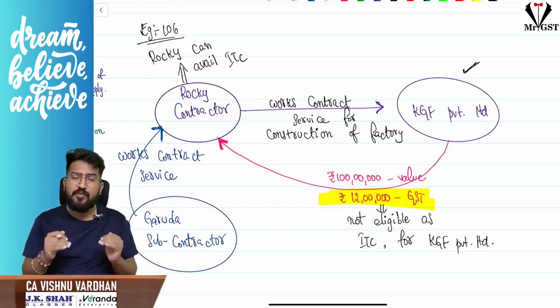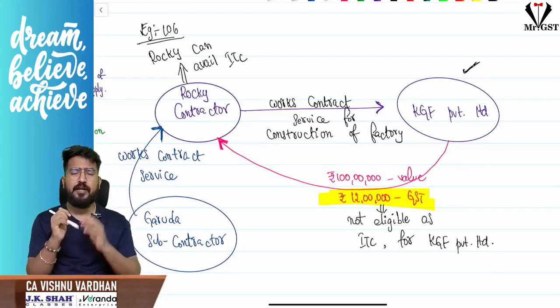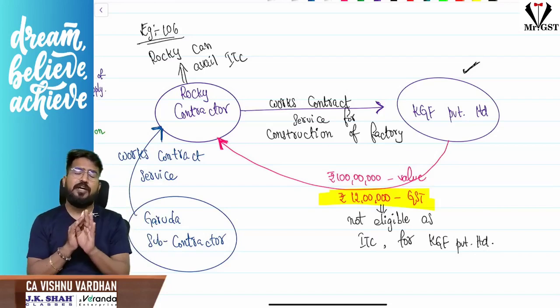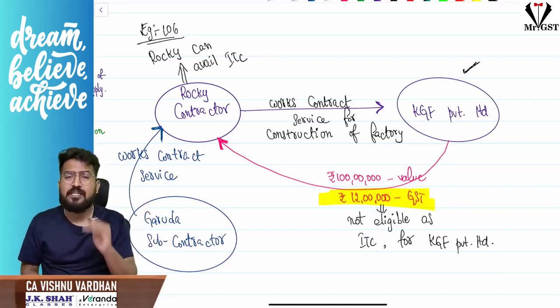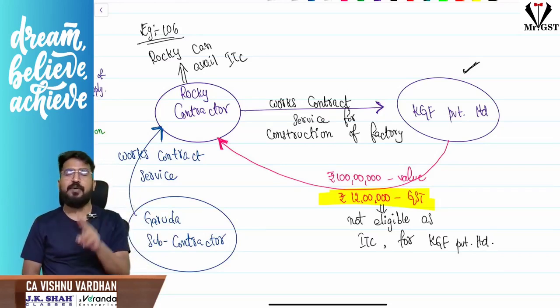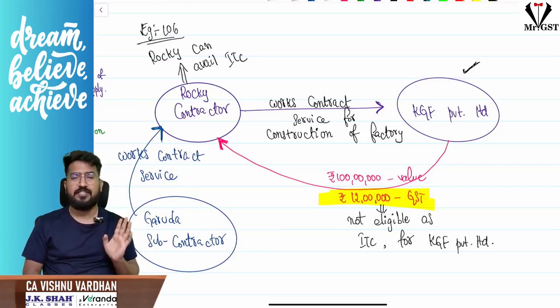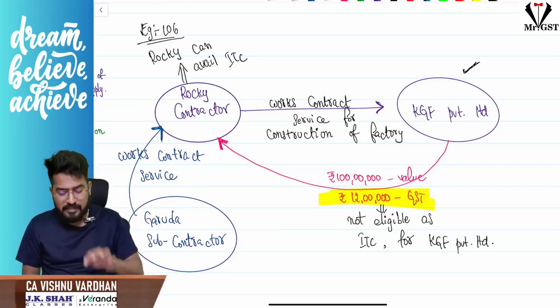If you are buying the goods and services separately on your own account and you are trying to claim ITC, then also I will not give you ITC. That is the concept. Hope it is clear for you. Now, sir, there are of course exceptions. I repeat, whether you are taking works contract service or buying everything on your own and getting the construction done, then also ITC is not available. Hope it is clear. But the exceptions are